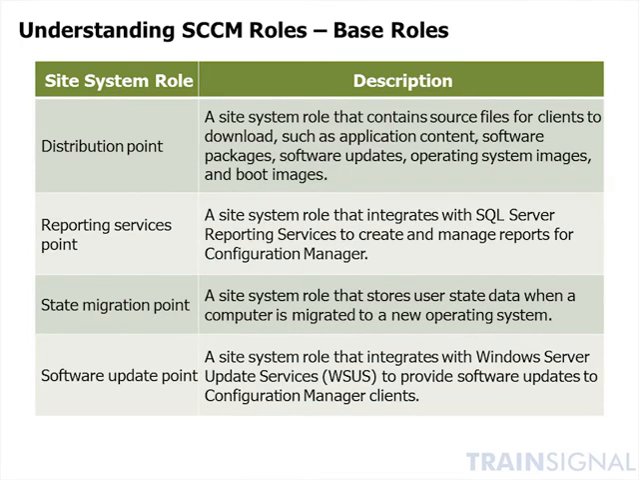Next up, we have a distribution point, which is a system role that contains source files for clients to download, such as application content, software packages, software updates, operating system images, and boot images. So when you deploy software updates, they're deployed to a distribution point, at which point they're deployed out to clients eventually. But the distribution point handles the heavy lifting of making sure the clients get the software and services that